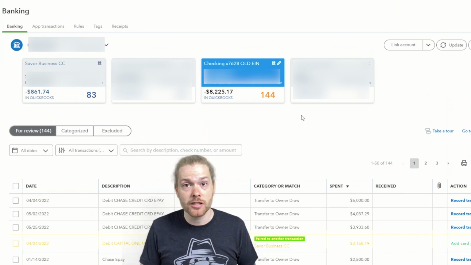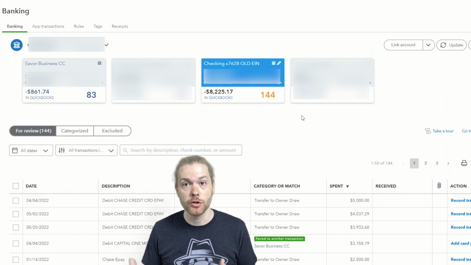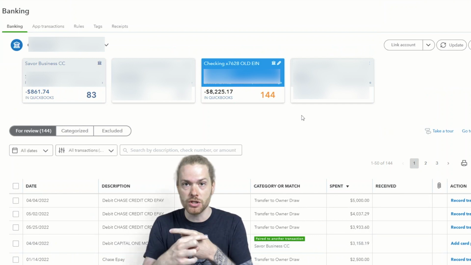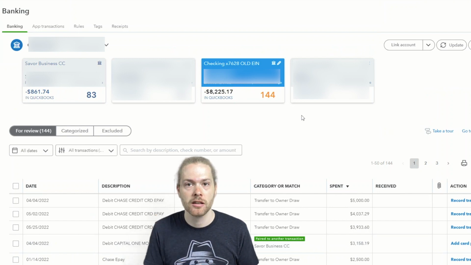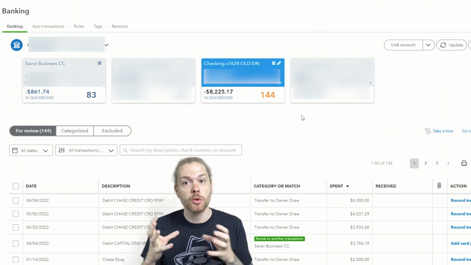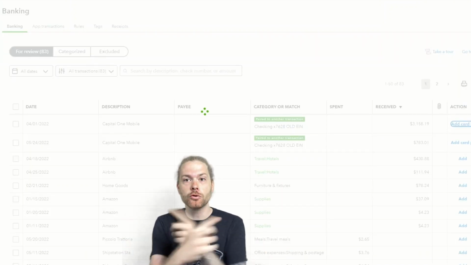And once both sides of the transactions are in QuickBooks to record, QuickBooks should automatically pick up that the transaction is paired with another in your books to avoid double posting the transaction, as if you paid down the credit card twice. So once you see paired with another transaction, select add a credit card payment and both transactions will